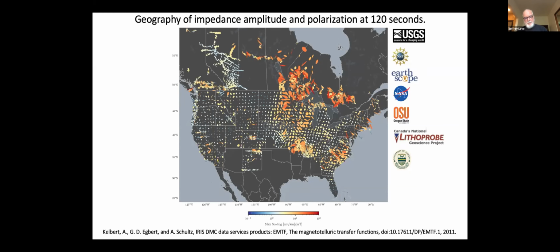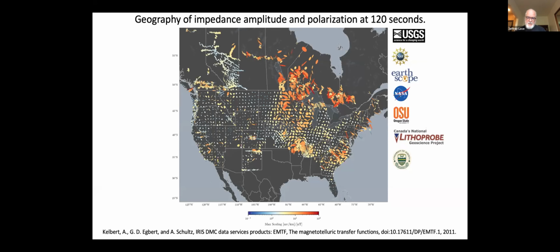One is that the impedance amplitude, which is shown there at the scale at the bottom, has a big range, in this case about 3 orders of magnitude. That's important to realize because the efficiency with which these electric fields are generated in the earth really depends on this impedance, which is a huge factor when you can change the amplitude by a factor of 3 orders of magnitude, and when you can also affect the polarization and, of course, the phase of the induced geoelectric field.